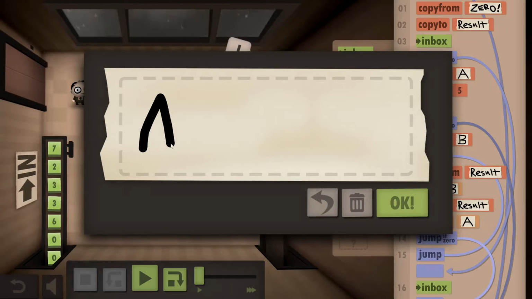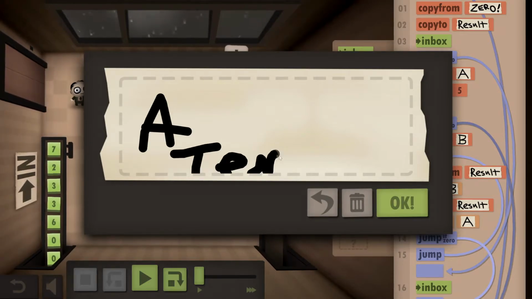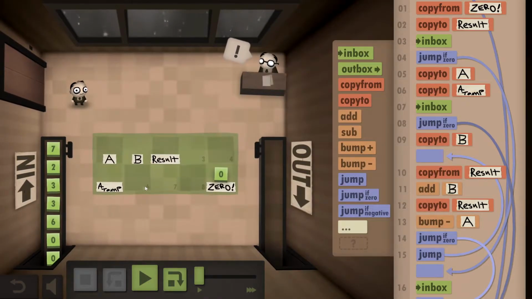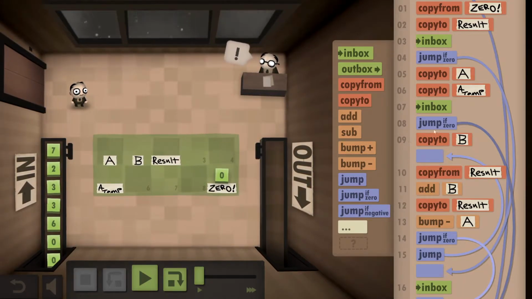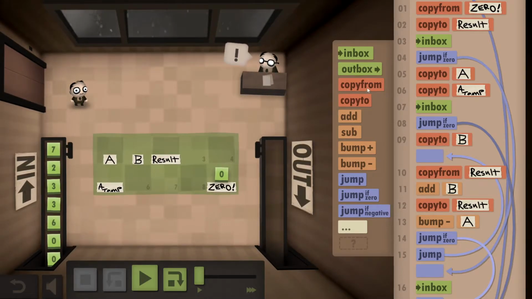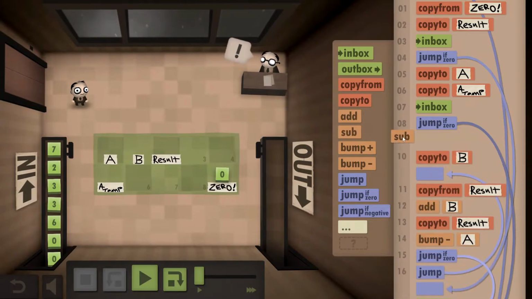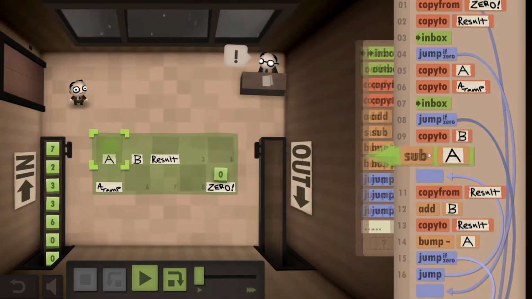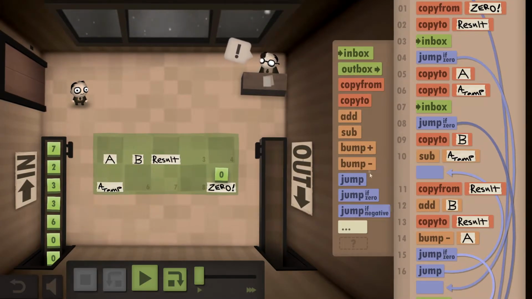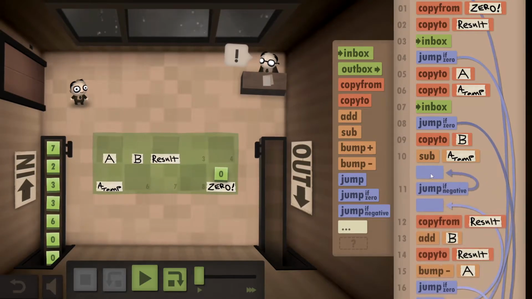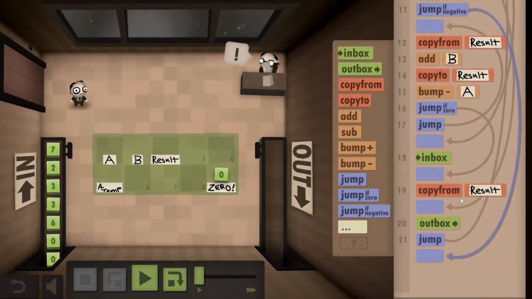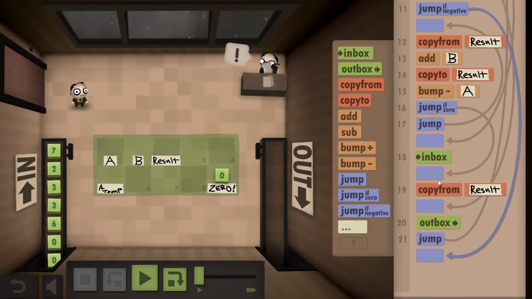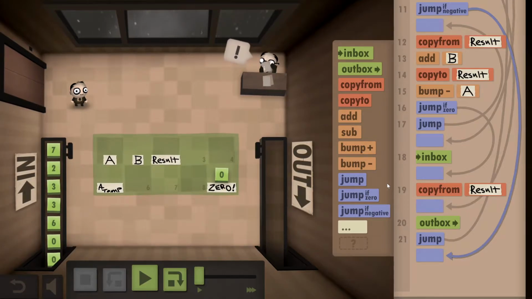We're going to name this A temp. Okay, so how do we do this? We need to subtract A temp, and then if it's negative, we need to do a little swap. I may have that backwards, but